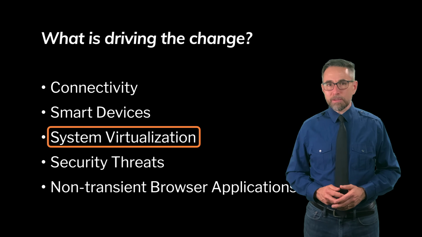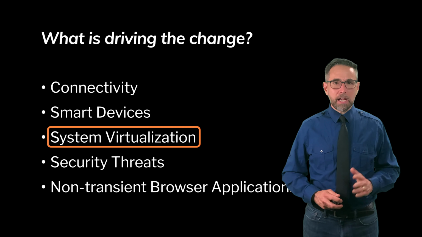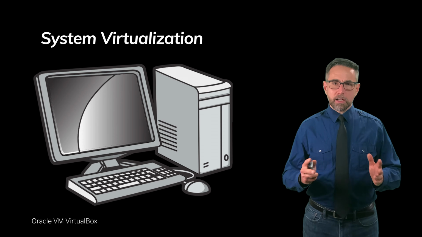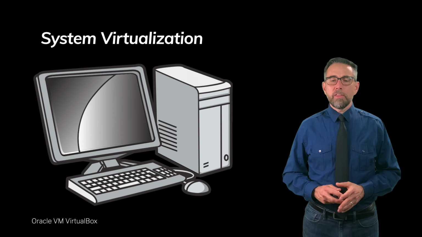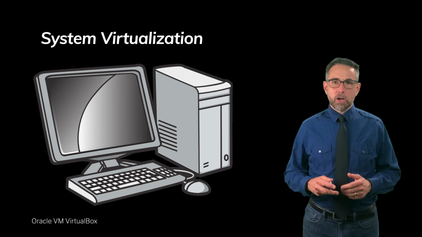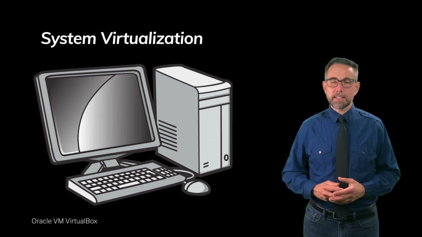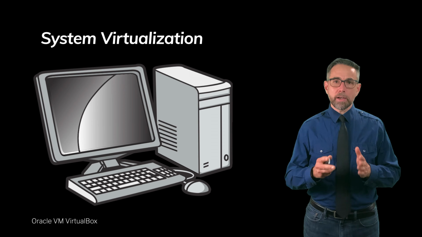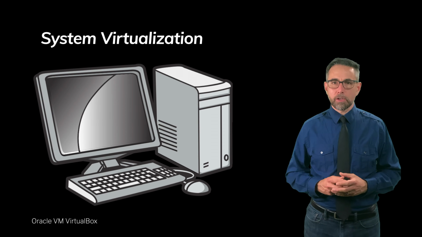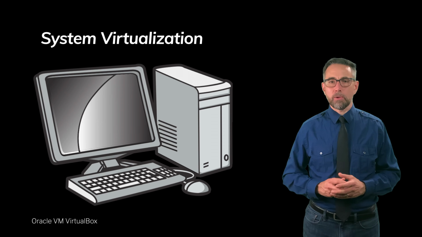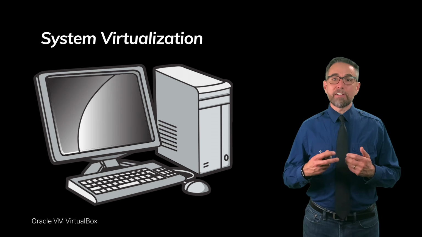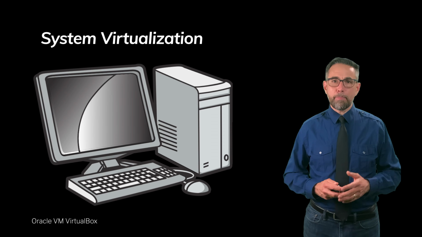Well, I would say it's system virtualization. This is a very different kind of trend. Let's imagine that you have a computer. This clip art represents that computer. There's some software that you can run that's called a virtual machine, and I'm going to show you an example of that, Oracle Virtual Machine VirtualBox software. And what this software does is it runs on one computer. We'll call that the bare metal computer, or sometimes the host computer. And what VirtualBox will do is run several simulated computers on top of that computer.